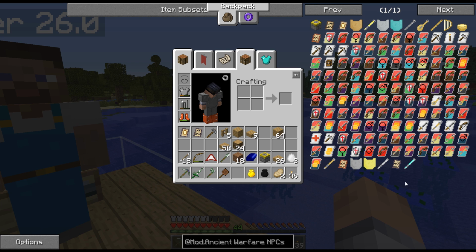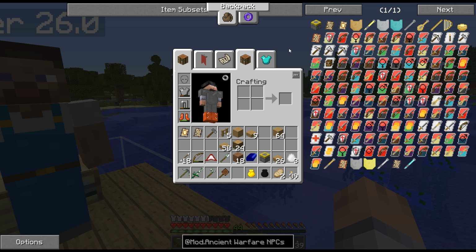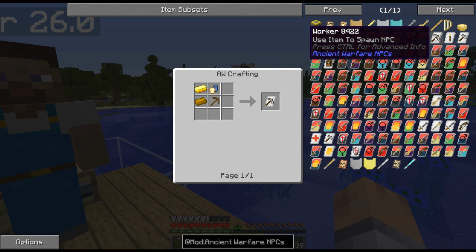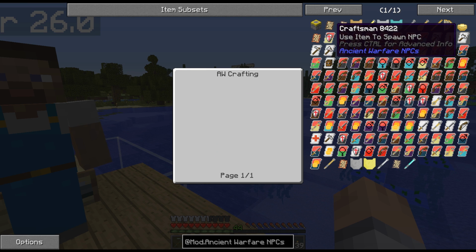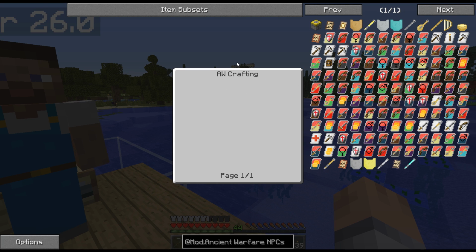I think so. I'm looking here if I can find some. We got craftsman, farmer. Maybe it needs to be a farmer. No, that's just giving him a hoe. We can only make the worker. The researcher, you guys see there's nothing. The craftsman, there is nothing. So I think it all depends on what we give them. We already had the miner earlier when we gave it the...